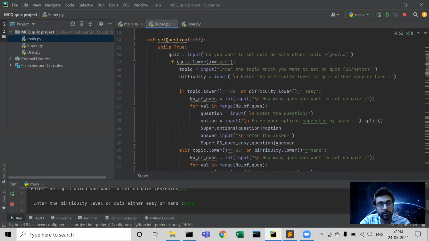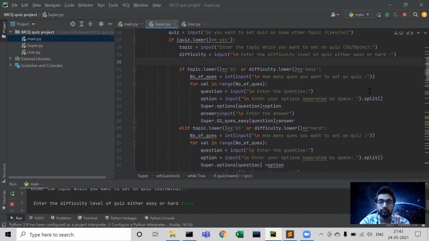Yes or no, it's your choice. If quiz is equal to yes, then it will print: enter the topic you want to set the quiz on, like GS or mathematics. And then it will require the difficulty level of this quiz: enter the difficulty level of the quiz, either easy or hard.